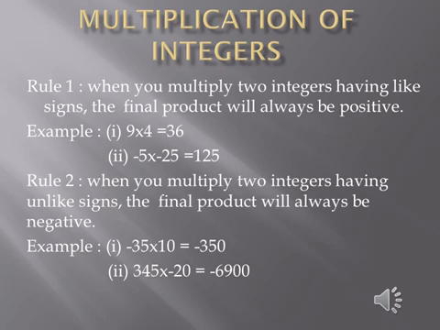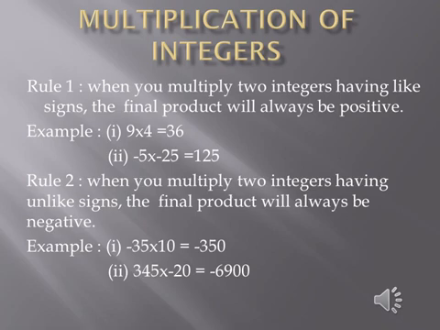But if they have different signs, that is, one is negative and another one is positive, then the answer will always be negative. This we can see by the examples. If we have 9 into 4, both positive, the answer will be 36. And if we have minus 5 into minus 25, that is both negative, then also the answer will be positive,